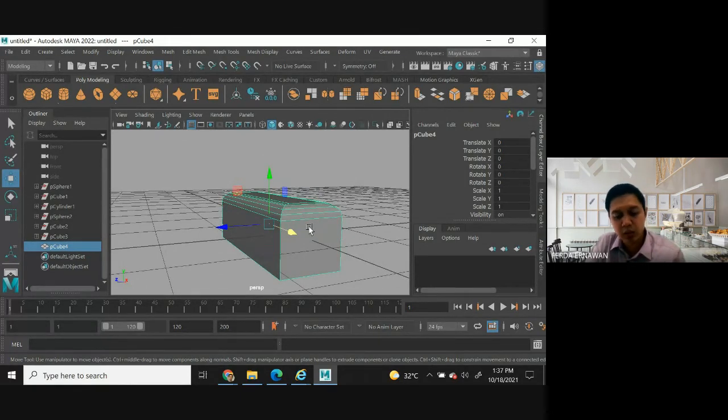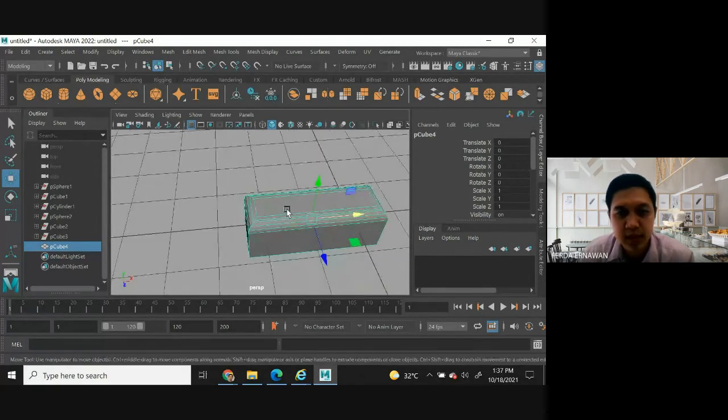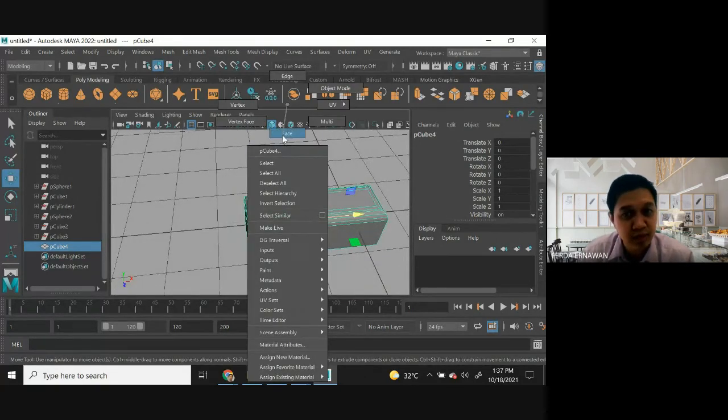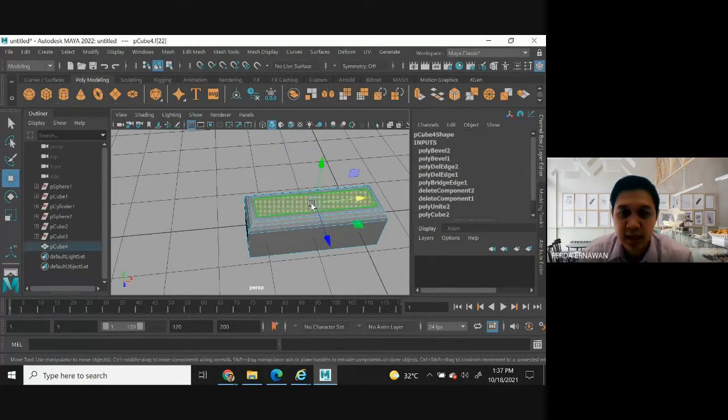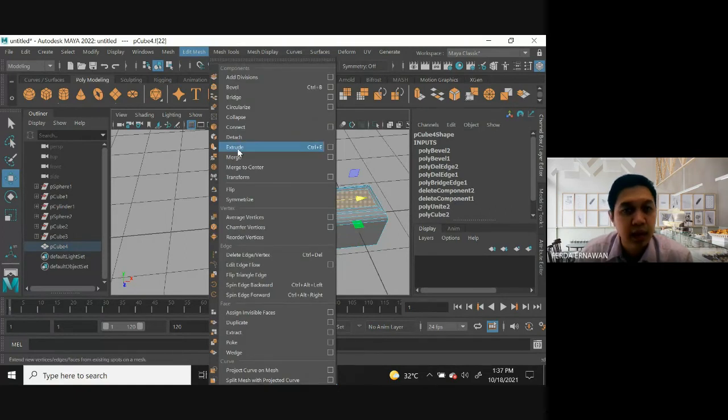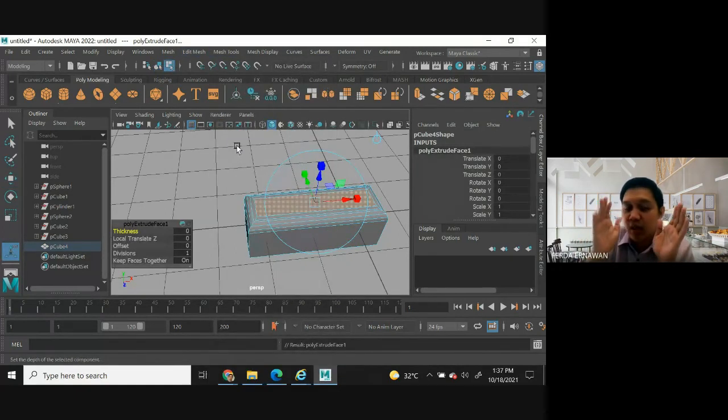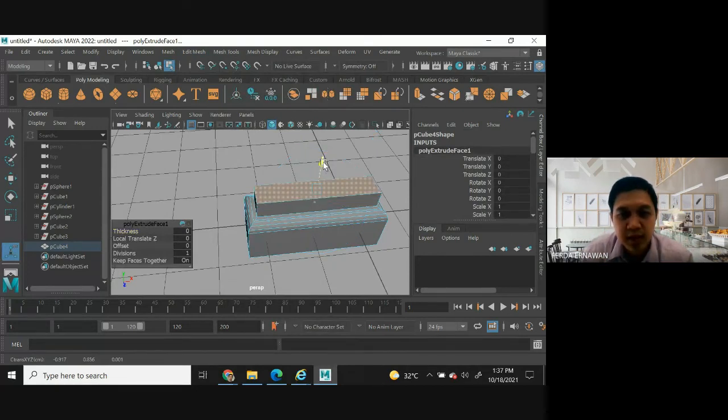Extrude here, you are going to take a certain face and then you can edit it. So let me demo it to you. Example, this one. Right click again, I'm going to use the face. Click this face in the center, and then I can go to Edit Mesh and select Extrude. Extrude means I'm going to edit only this face, the others no. So I can move this one like this, or make it go up, go down, up to you.